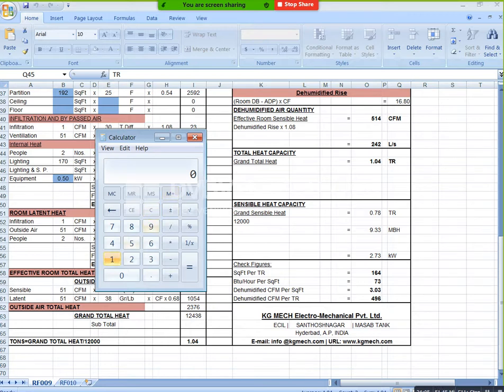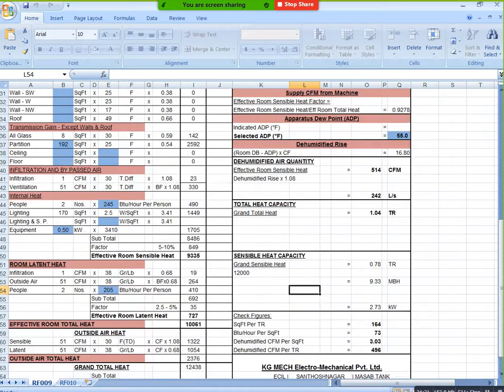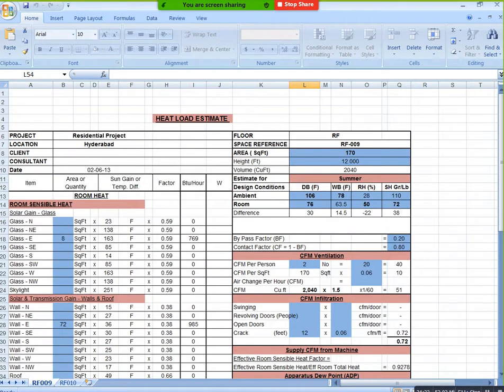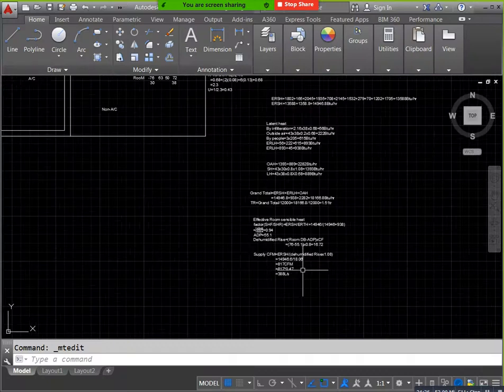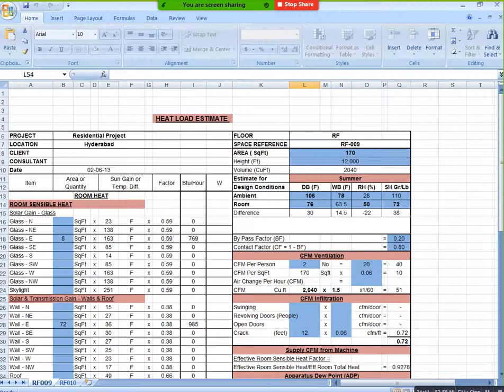When you mention all of these, the same values you need to specify in all of these. Here you can mention the room name or your floor name, and at the same time the area. For example, here I have an area of 141 square feet, height 12. Next, everything is okay, the same dry bulb temperature difference and humidity ratio difference. Next you can go to windows, north window, north wall. If you need, here you can see the net area: we have 140 square feet, and here we have 107 square feet.